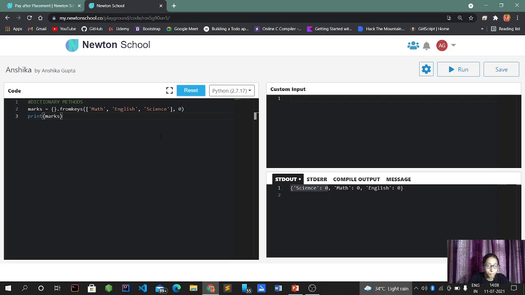So now what if I am printing using a loop, for item in marks.items, use a loop in that. Okay, now I have to print my dictionary items.